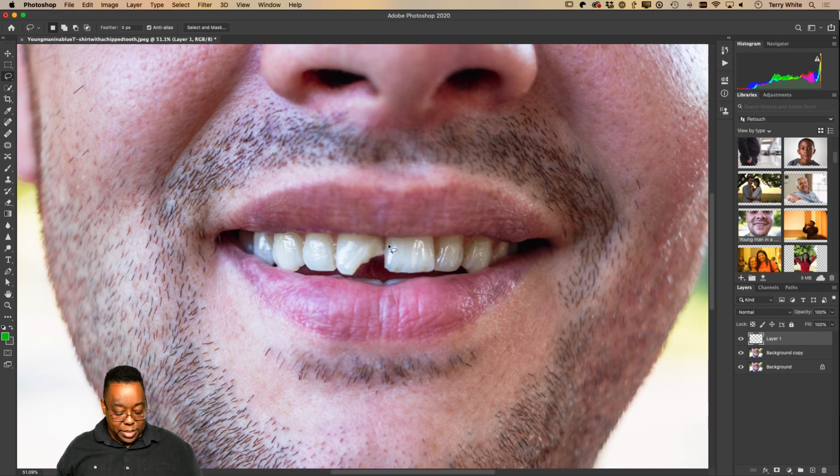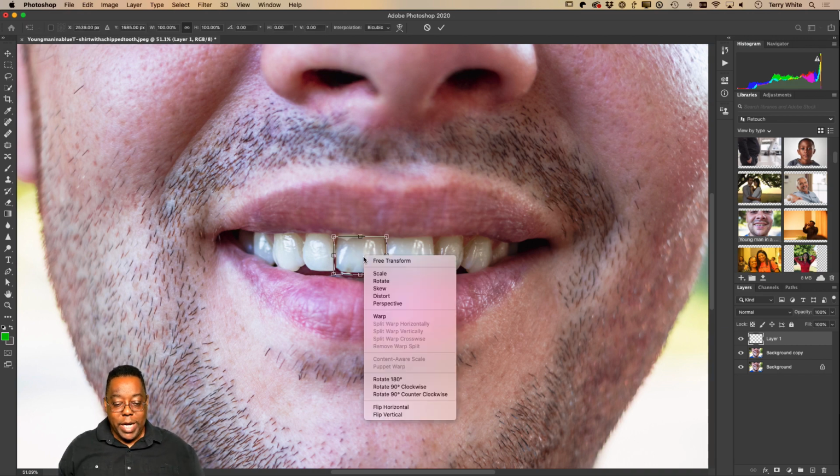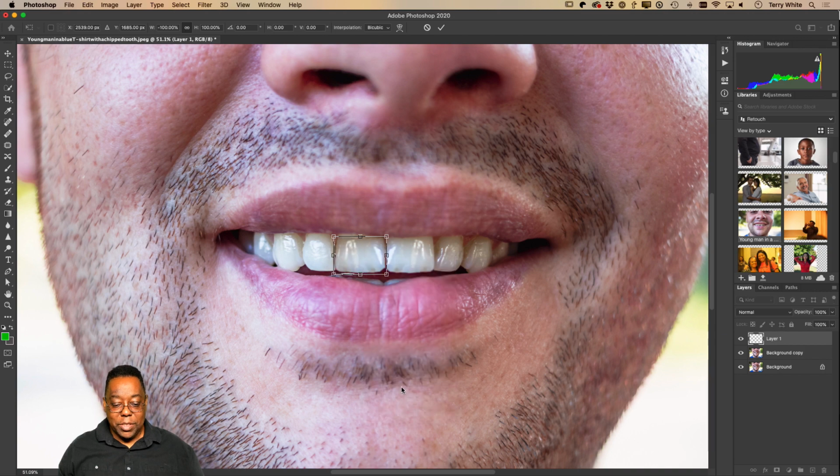So now we have a second good tooth. We're just going to go ahead and start moving it over, but they shouldn't look like that. In other words, it should be a mirror. So we're just going to go ahead and free transform, Command T, right click and flip horizontal. So we're just going to flip it over. There we go. And we're just going to put that tooth right about there